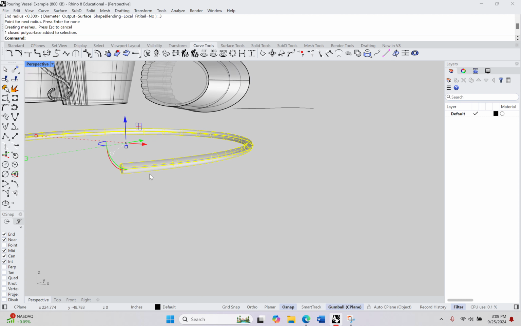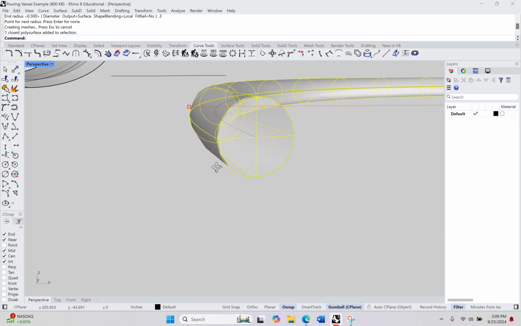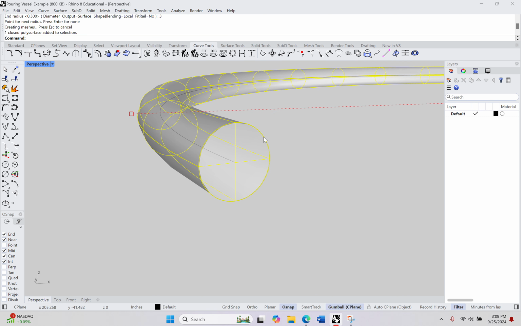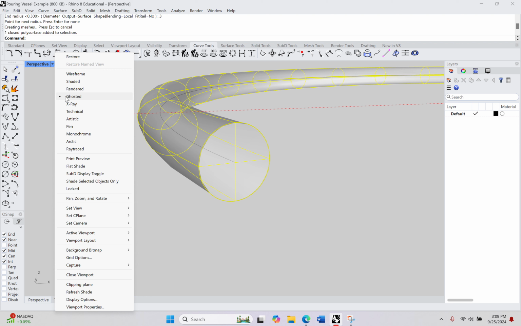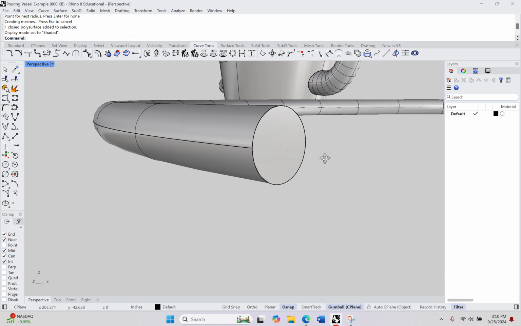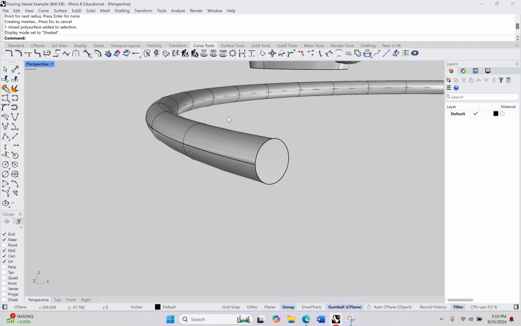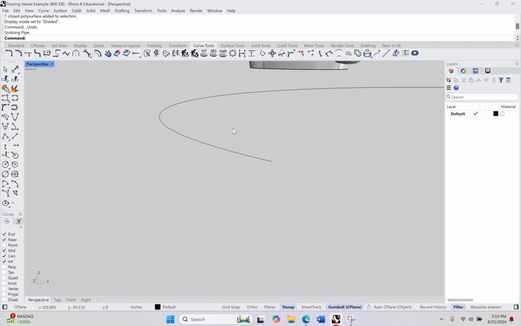Okay, so it is closed. The only thing I might want to do differently, though, is to better inspect this, I'm going to switch from ghosted to shaded. Okay. And I don't want the flat end on the pipe. So let me Control Z, do the pipe command again,